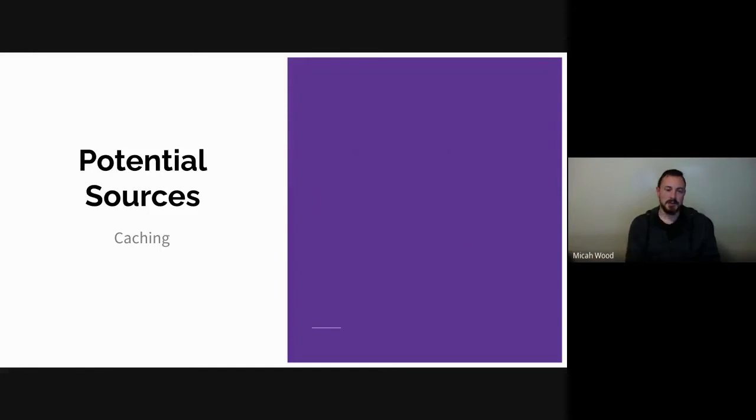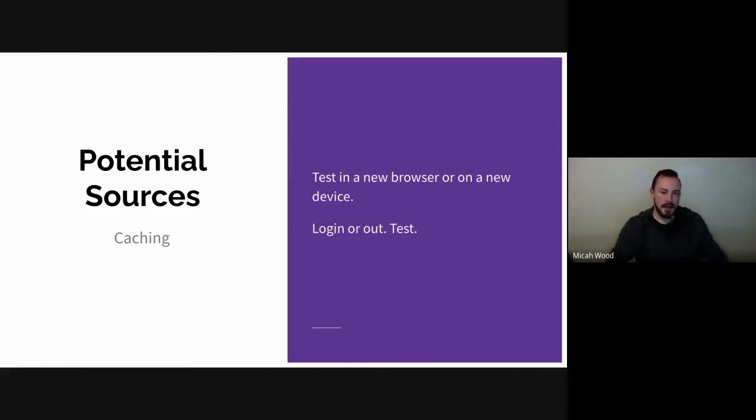So caching. Caching is basically a big word for this: your website does a lot of work to pull data from the database and take all the bits and pieces of code and plugins and mash it all together to generate the final page. And caching is just a shortcut, right? We can say we've done all this work, so if we just store the end result somewhere, next time someone comes and asks for the same thing, we give them that instead. We save ourselves a lot of work. But at the same time, that can cause issues.